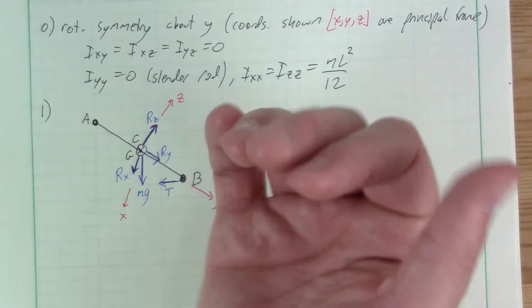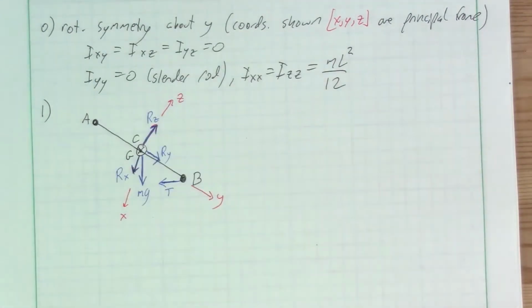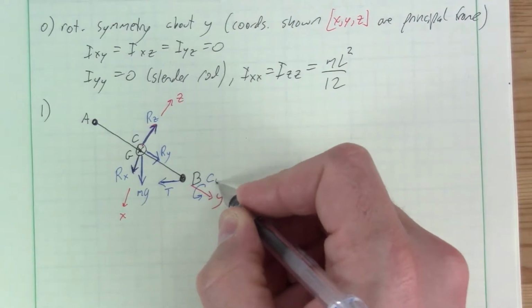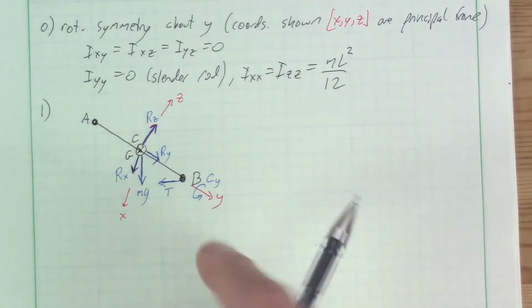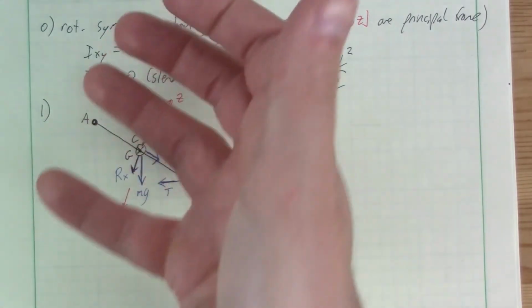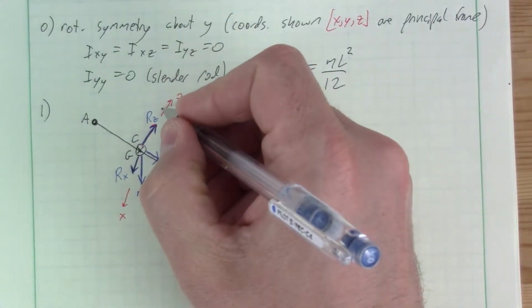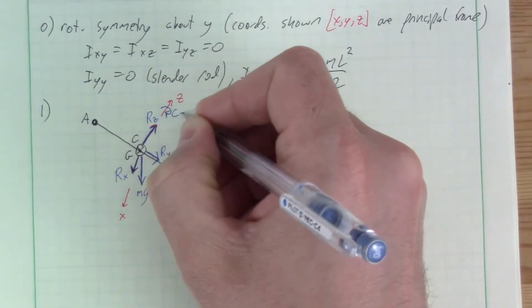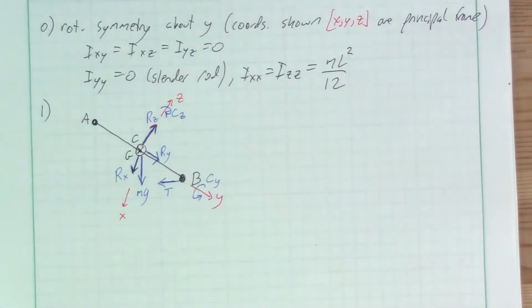Now I'm just going to assume they're in the positive coordinate directions. So for y, that's this way. I'll label that as C_y. It's also like a couple, right? It's convenient. And then in the z direction, it's that way. That is C sub z. And then there's no reaction moment in the x because we do allow rotation about the x-axis for